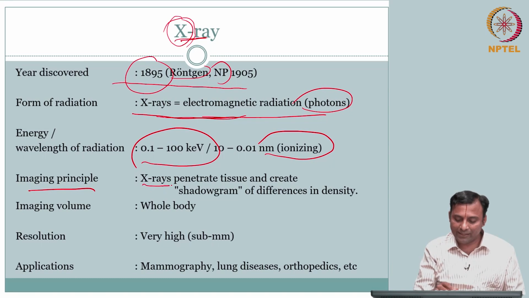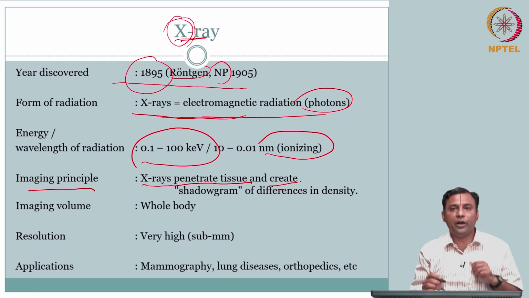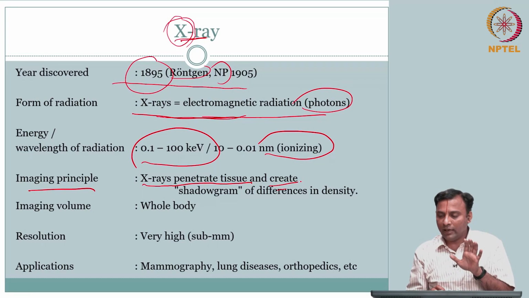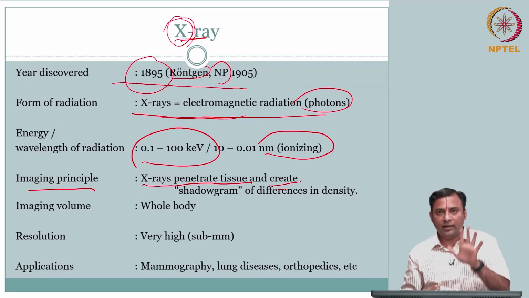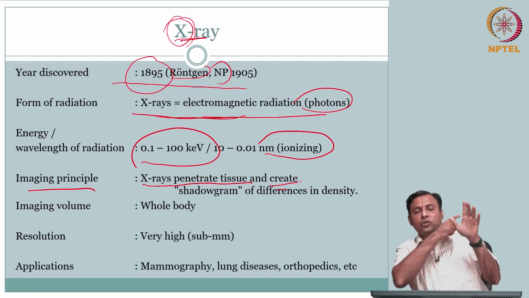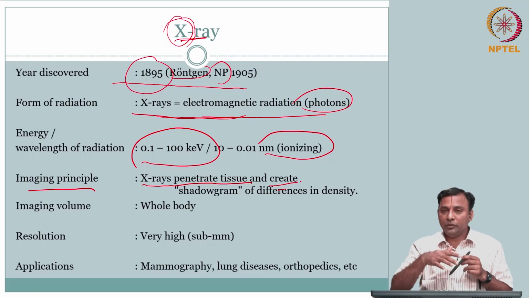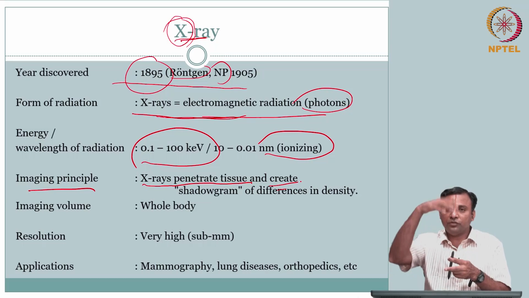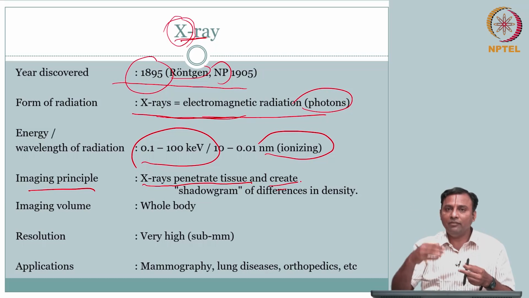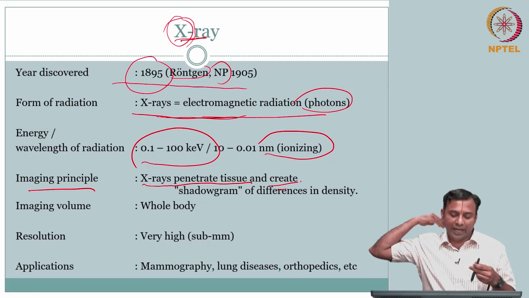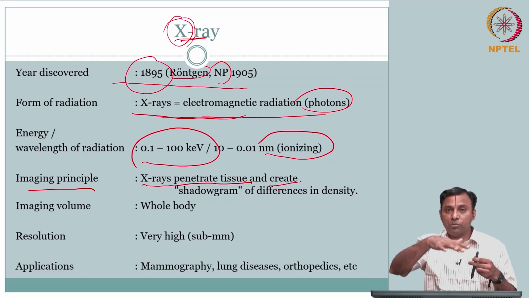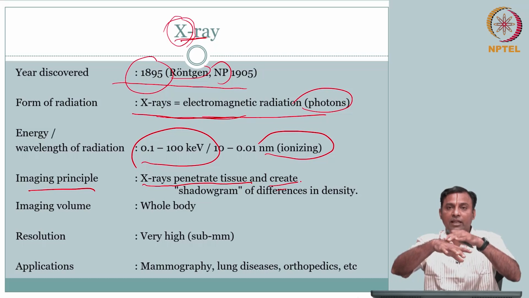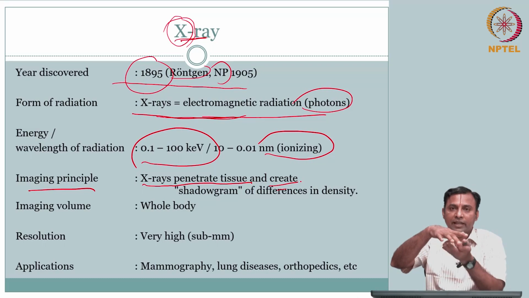So essentially X-rays penetrate tissue and create a shadowgram. With light, I do this in a typical classroom setting, so you could perhaps do it. When we have a projector, I keep my hand, right, and you will see a shadow. You can take a light and show your hands, and you will see a shadow. This is for visible light. Similarly, when you have photons going through, you get a shadow based on how much is lost when it is passing through. In visible light, if I obstruct the light, everything is lost. It is taking up, everything is getting bounced back. I don't see anything below.